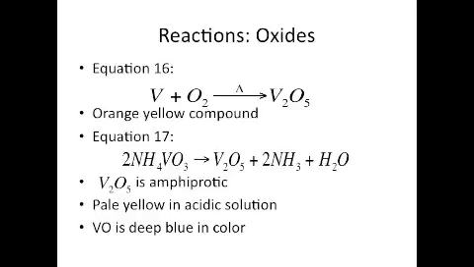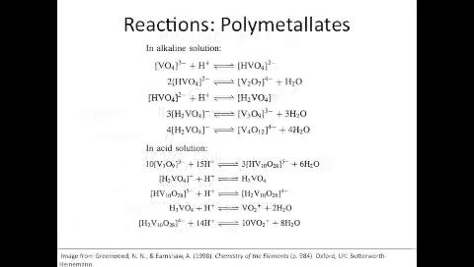Orthovanadate ions could also be formed at high pH. Vanadium-5 oxide is also a mild oxidizing agent and is reduced by acids to form vanadium-4. Reduction with carbon monoxide yields vanadium-2 oxide, which is deep blue in color. Dissolving vanadium-5 oxide in a basic solution and acidifying will change its color from orange to red, and it gets darker as the pH reaches 2.